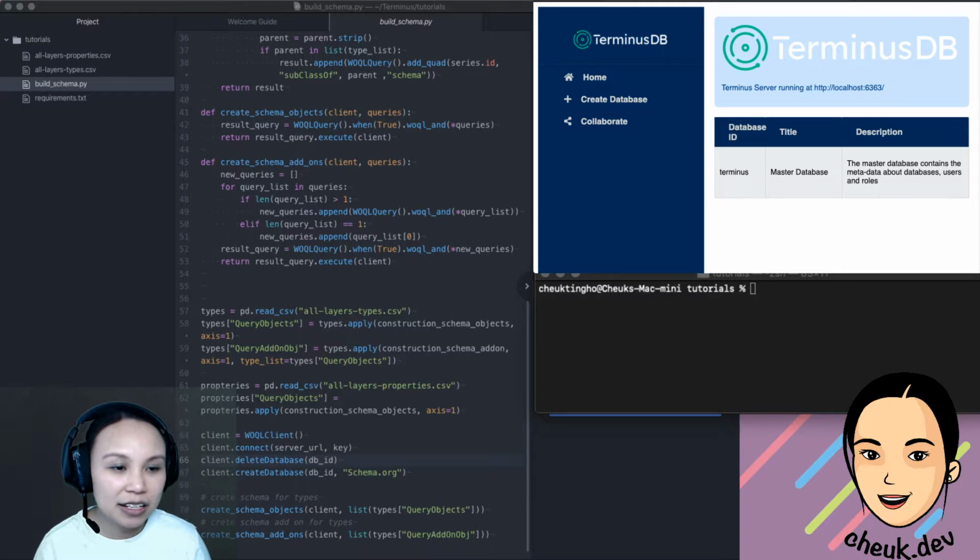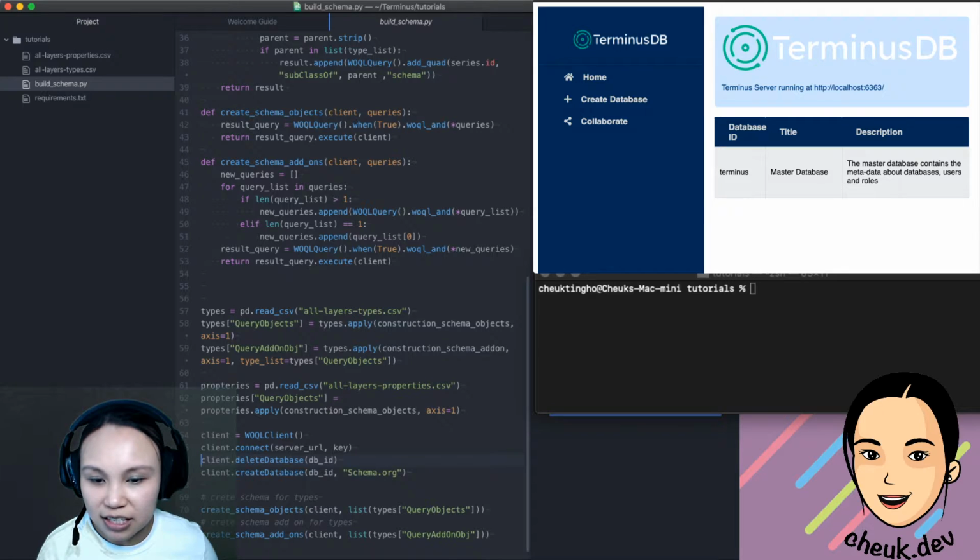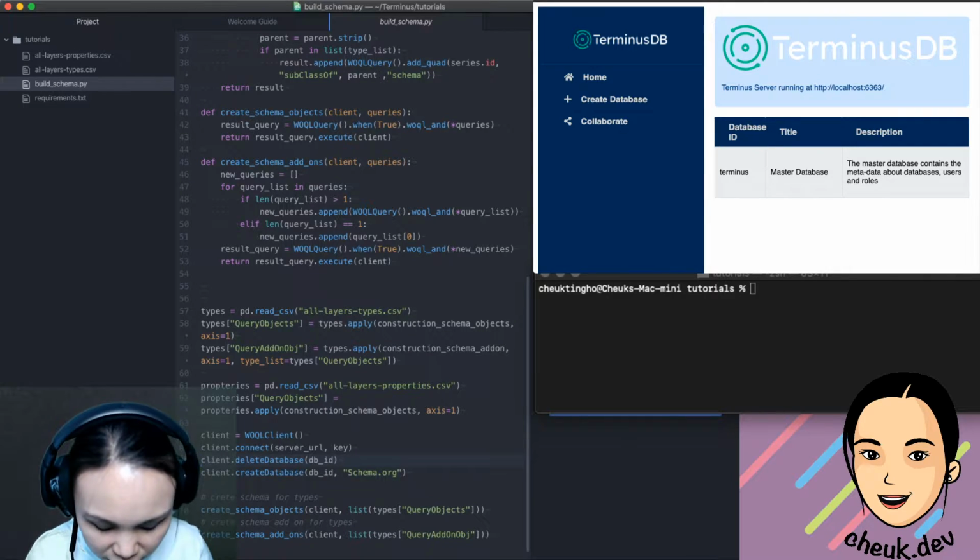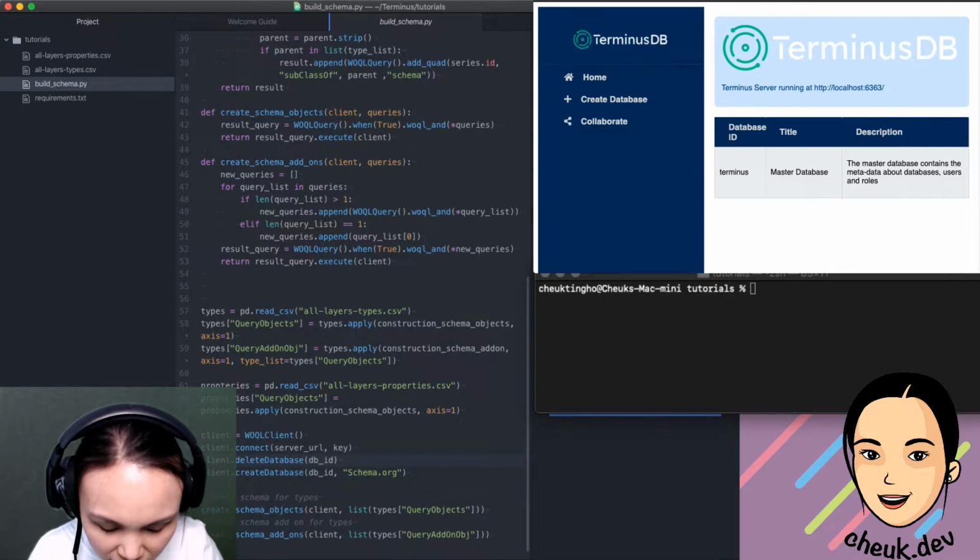So yeah, now it's start from scratch. If I do this delete database, I will run into an error, which is not a good thing. So let's